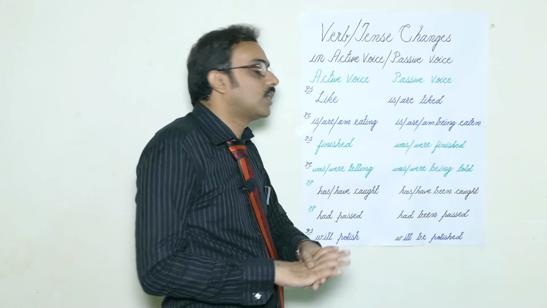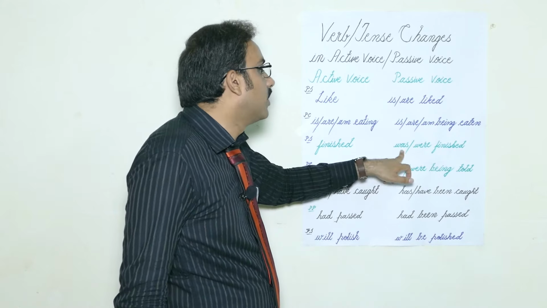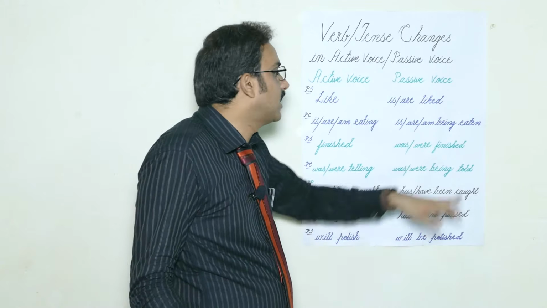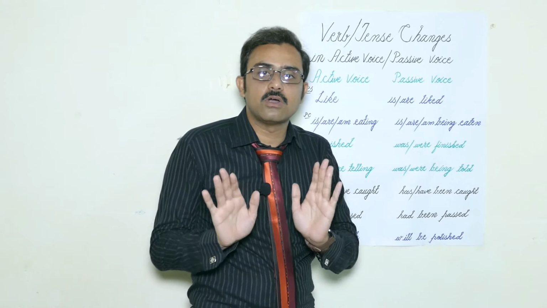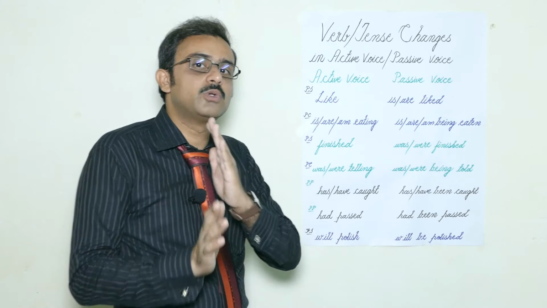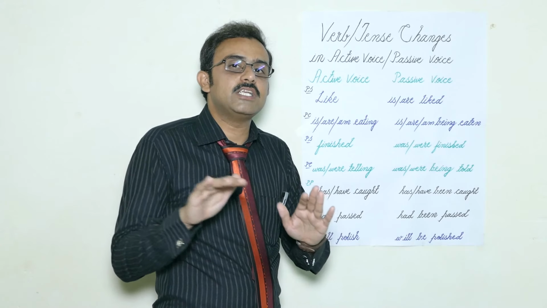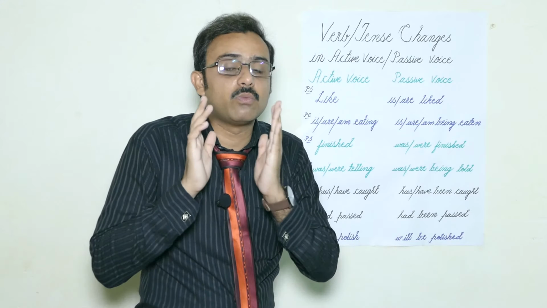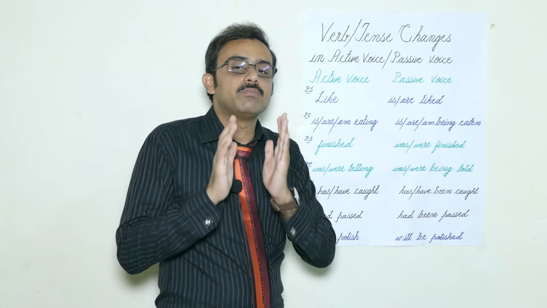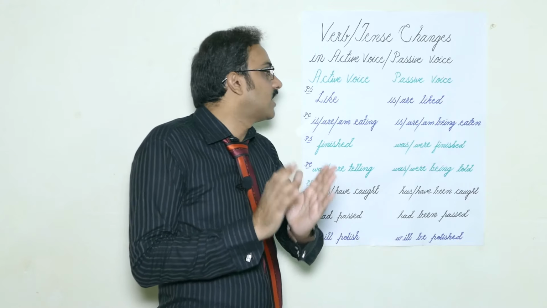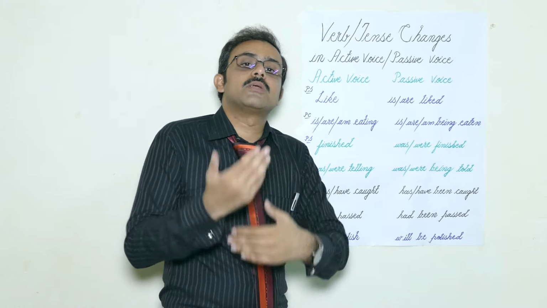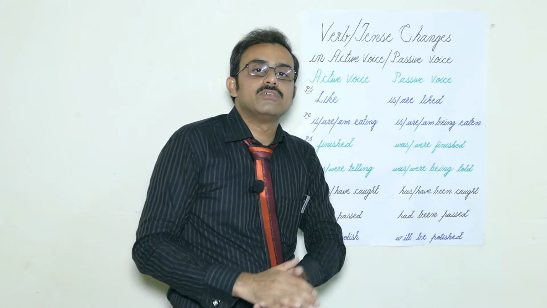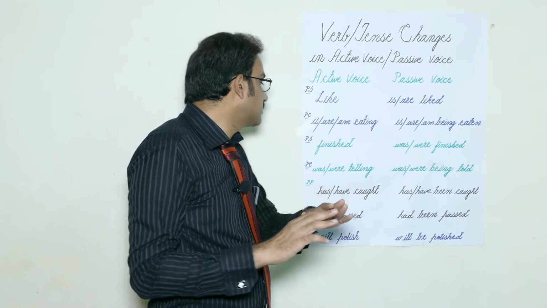So what do we do? We use was and were auxiliaries in passive of past simple and then third form of verb. Clear? Got that? I'm trying my level best to make your concepts completely understood. I don't want to have any ambiguity in your minds. So watch this lesson today complete. If you completely watch this lesson, definitely you would be able to grip, to command over your active and passive segment of grammar.